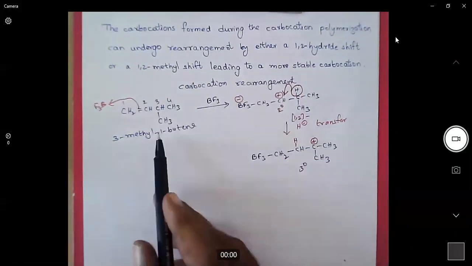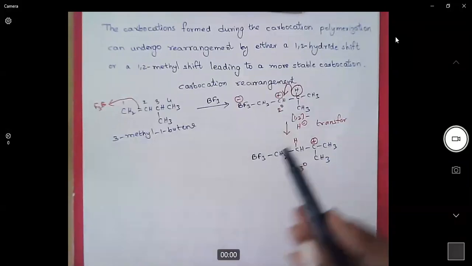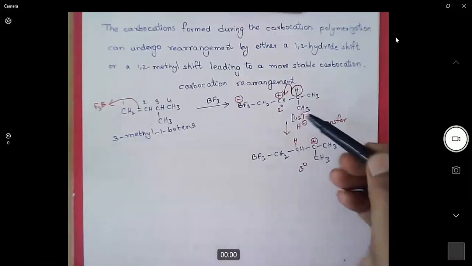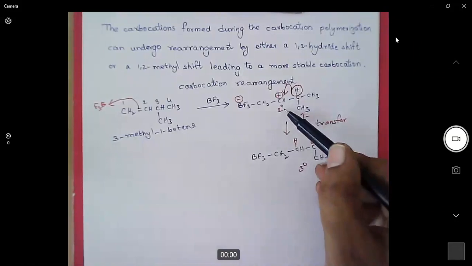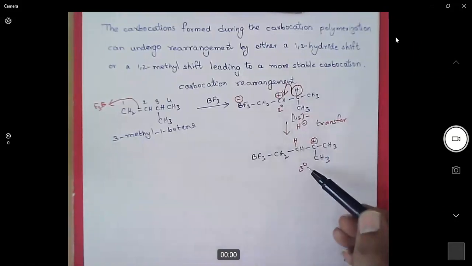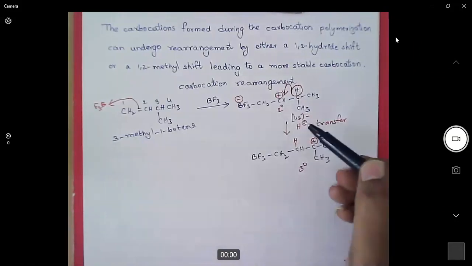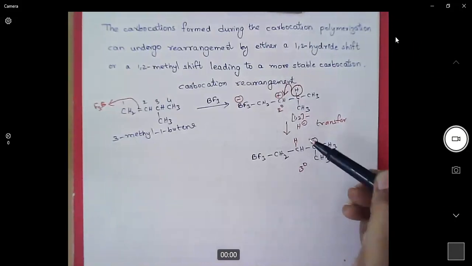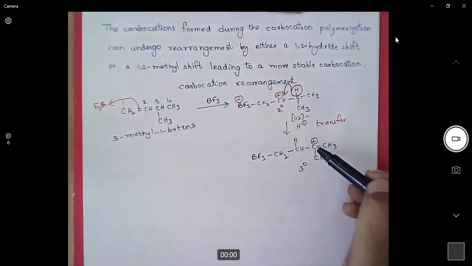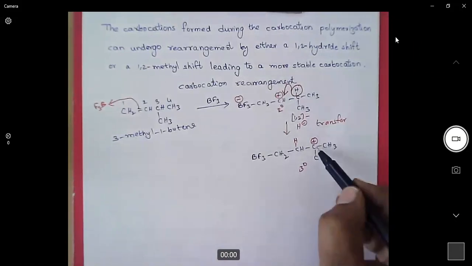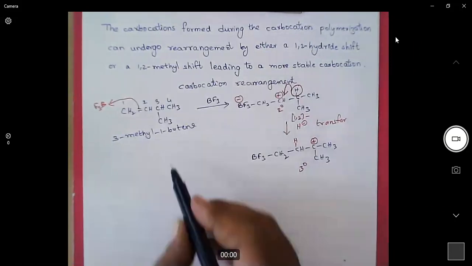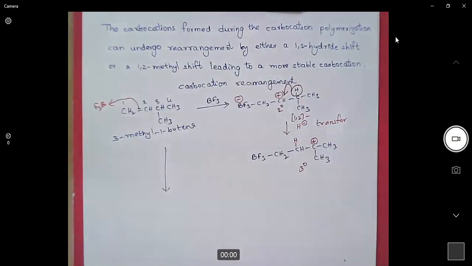So in a cationic polymerization, if there is a possibility for the conversion of a less stable carbocation to a more stable carbocation, then this 1,2 hydride or 1,2 methyl transfer will easily occur and generate a more stable carbocation. Now the polymerization will occur here. So when we write the overall polymer,